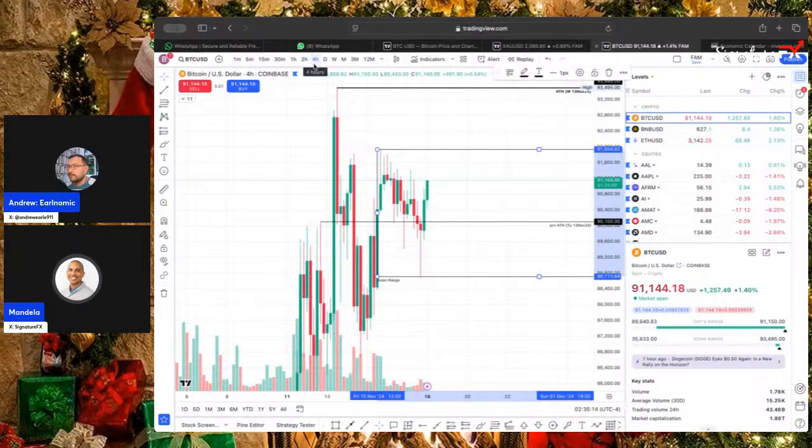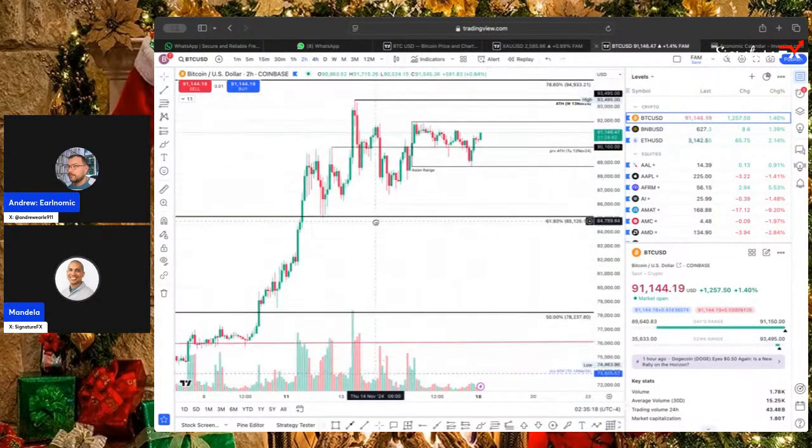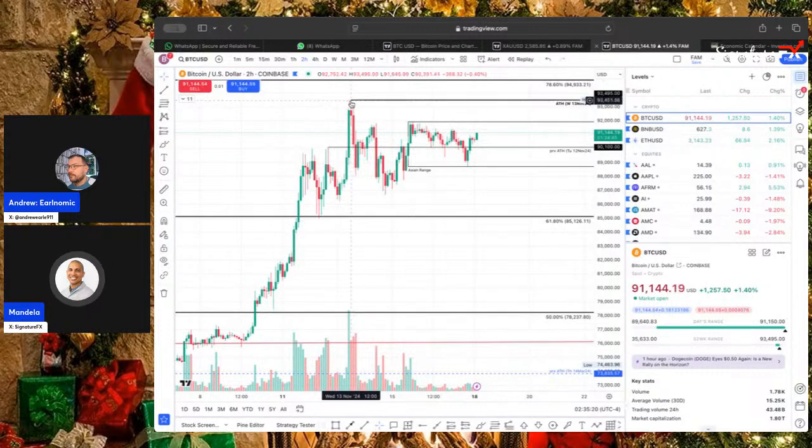If we zoom out just a smidgen, you can see we're off the all-time high, and we're above this low that we saw back on Thursday. I think it's waiting for the next big move, maybe looking for some liquidity. Like we were saying before, if you are going long, if you are buying Bitcoin, just be very cautious up here.